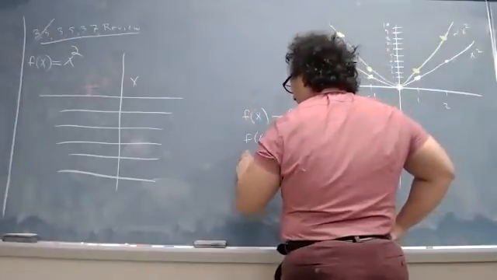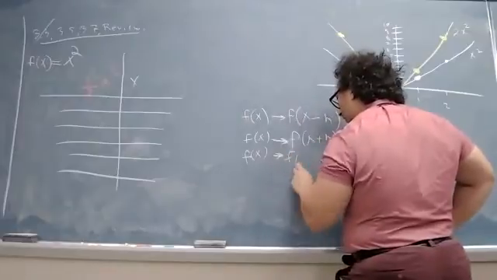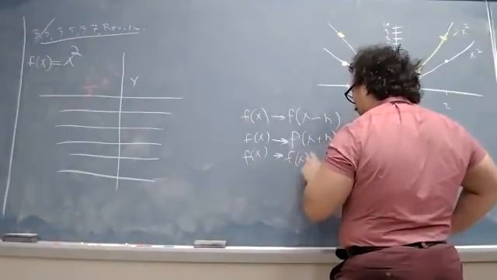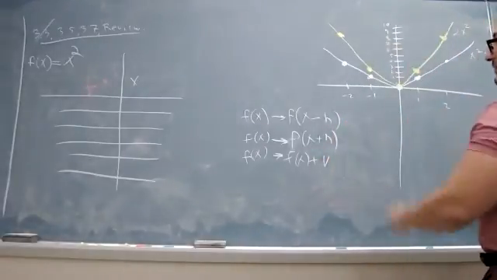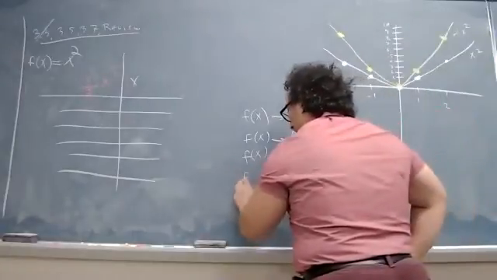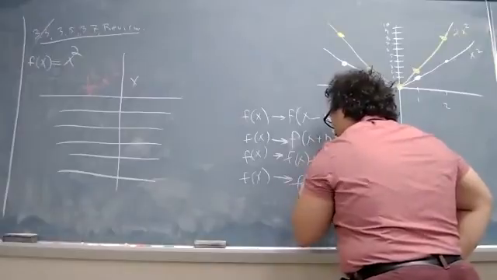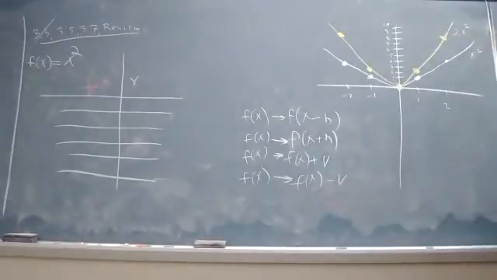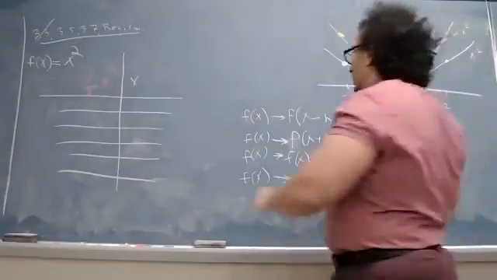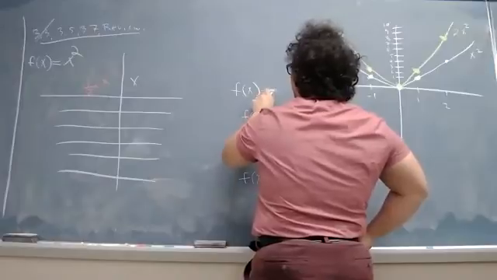And then we got f of x, then we transformed it, and we said, what about f of x plus some v? Then we noticed that that caused a vertical shift by v units up. And then we said, what about f of x minus v? Although we didn't do that, I guarantee you it causes a vertical shift down by v units. Now we're hypothesizing what happens when we got f of x and we multiply it by a number like